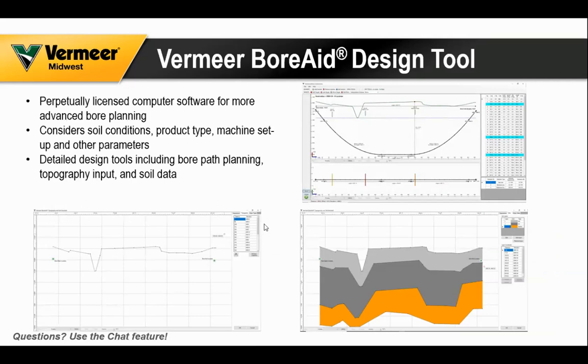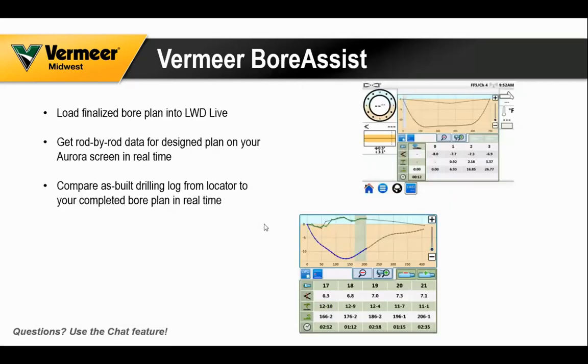Okay, cool. And so say you love all the Vermeer Projects apps. What is the cost for all of these? Yeah, so Vermeer Projects is a $5,000 fee for the subscription for the first year. So you pay $5,000 for that first year, and then it's a $2,000 fee every subsequent year to renew. Bore Assist is, like I said, a one-time purchase. It's per Aurora screen, so it goes on that Aurora screen. It's $1,000 to purchase the Bore Assist